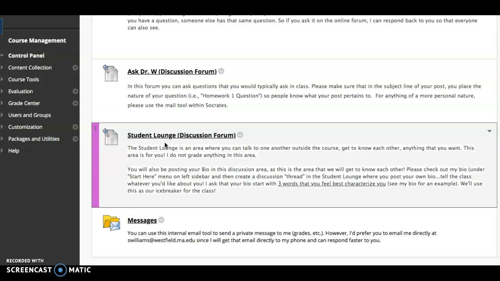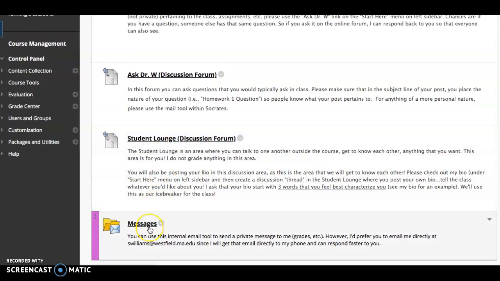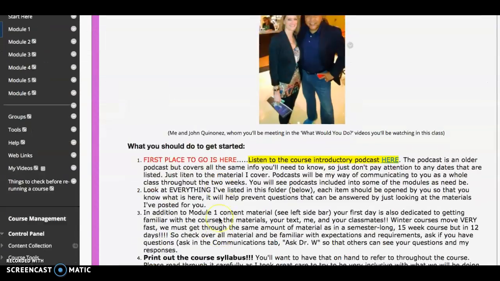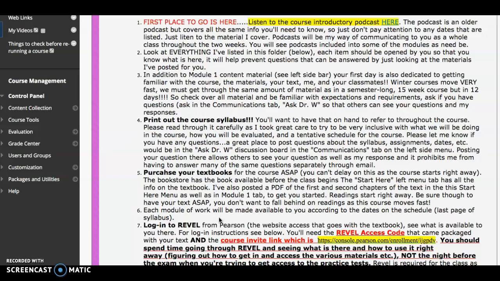There's also a messages tool where you can message me. I wouldn't recommend using this. I don't check it as often as I check my email. So you can really just email me directly, swilliams@westfield.ma.edu. That's the best way to get a hold of me. That's the communications tab. So let's go back to the Start Here menu, print out that syllabus, and then the next thing you're going to want to do